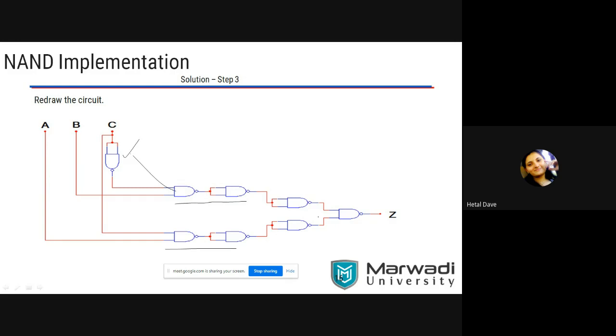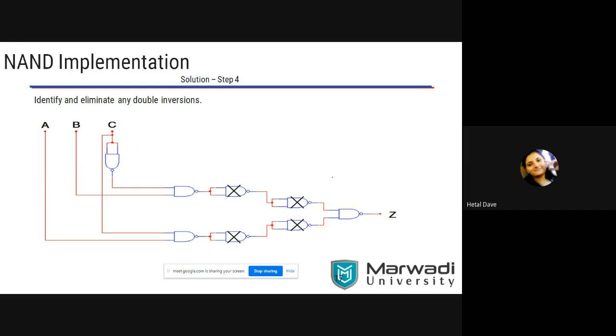Okay. Third step, sequence inverter. Once you draw this circuit, over here you can see that this is an inverter. This is also an inverter. Why inverter? Both inputs are shorted together. Remember this: in any sequence, if two inverters are there in the redrawn circuit, then cancel them out.